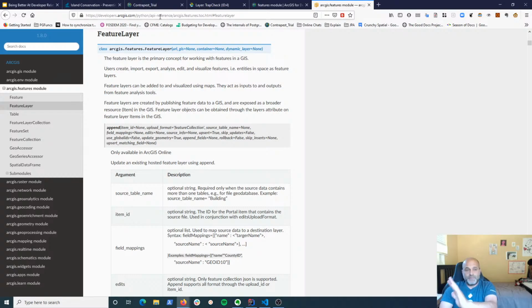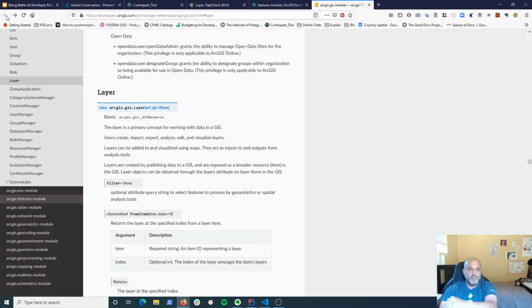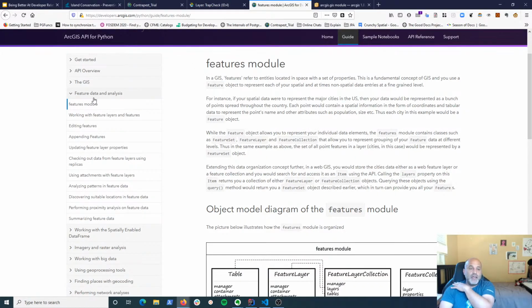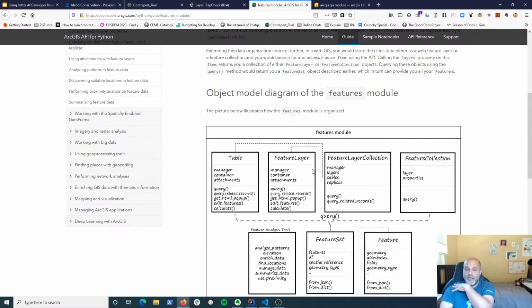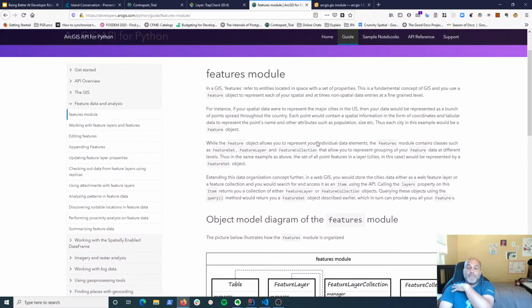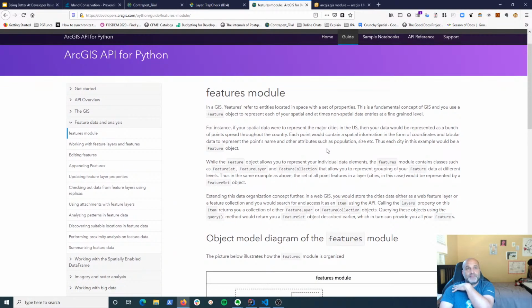And don't get me wrong, I know that if I go back, right? Oh no, hold on. If I go back here, if I had taken my time and gone through the features model, and then like, here's features, and there's a feature layer, which has a table and a feature collection, and you can query all of those, right? But I don't think a lot of developers are going to sit down and read necessarily through like this.